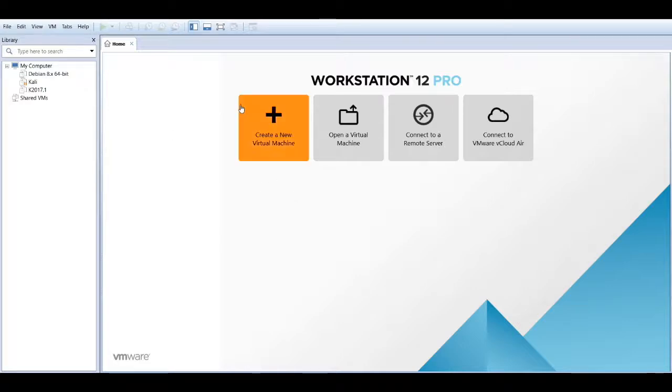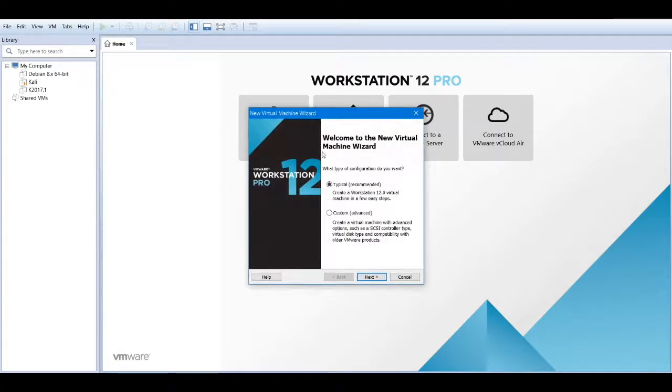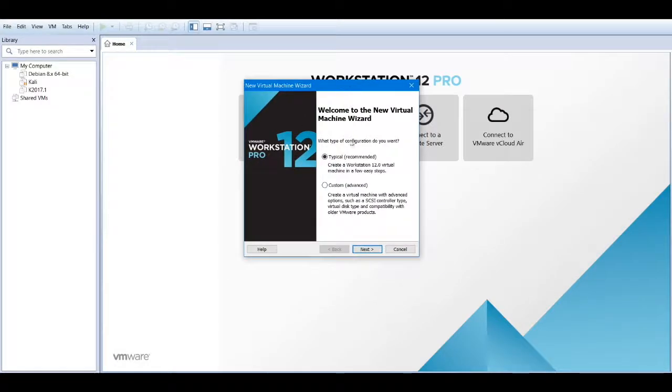Just now go to your VMware. I have VMware Workstation 12 Pro version. So here I will see multiple options. What should we choose from here? Now we have to choose this, create a new virtual machine. I'll hit it. Now this setup wizard came up asking what type of installation you want, typical installation or